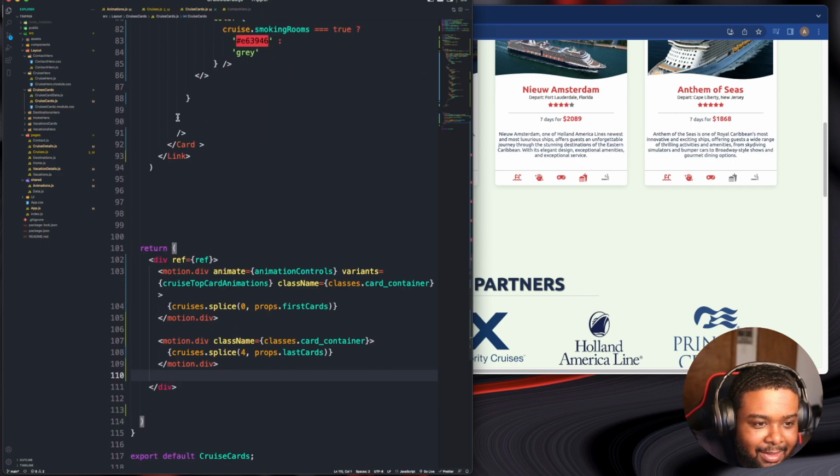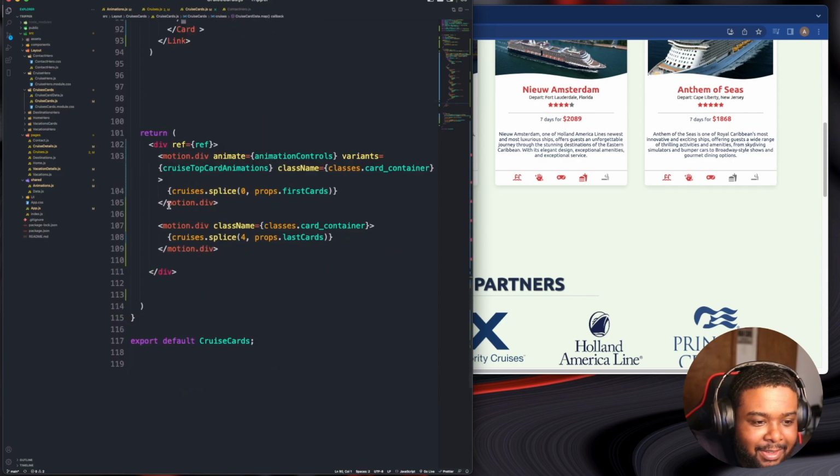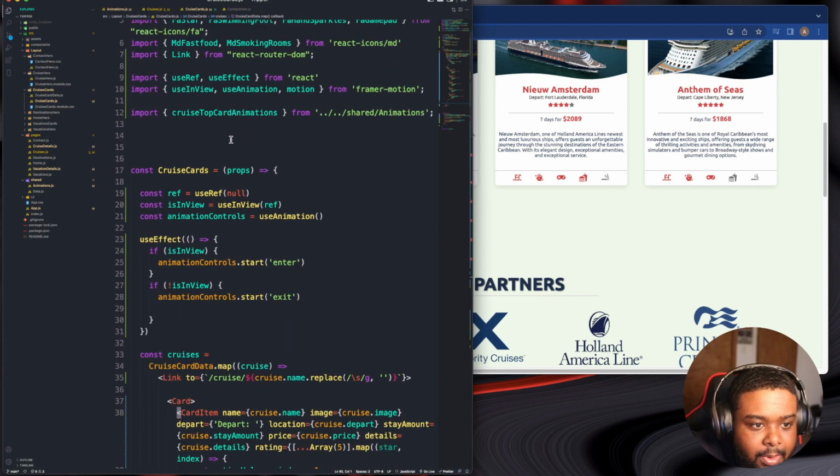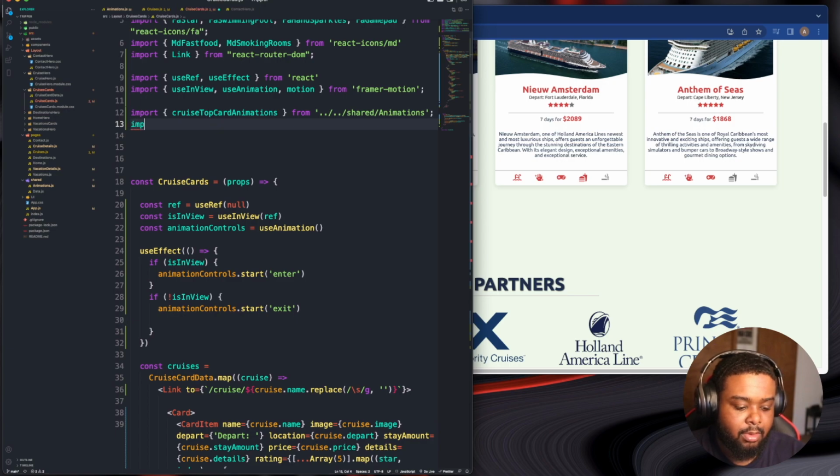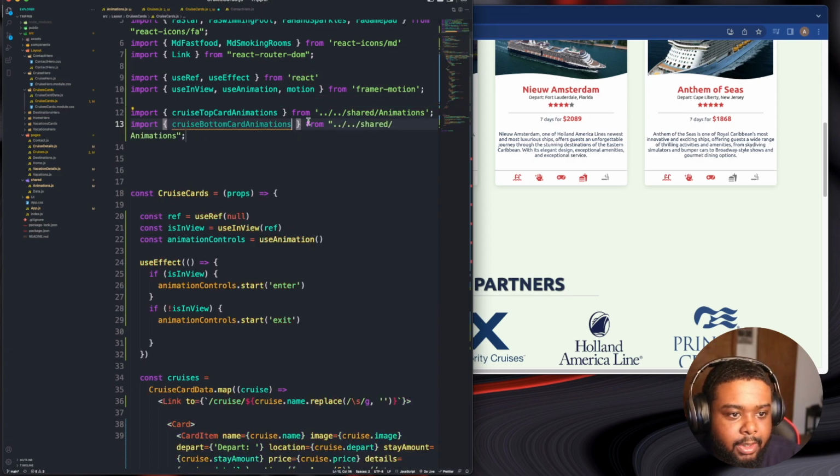Oh my god, I got too much space there. I gotta fix that up. All right, so up here, I'm gonna import cruise bottom card animation,